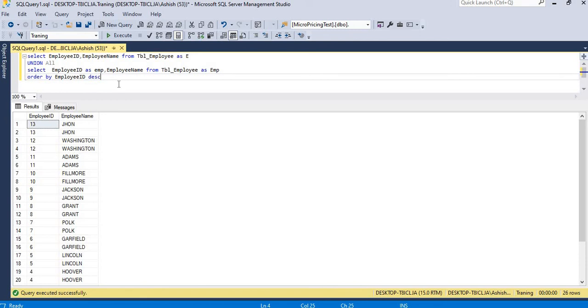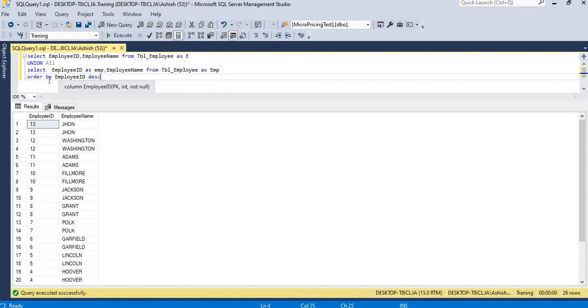Let's summarize. With union and union all, we can combine two queries or two tables. The columns should be the same, and the data type should be the same for the columns in the upper and lower queries. The number of columns should also be the same.